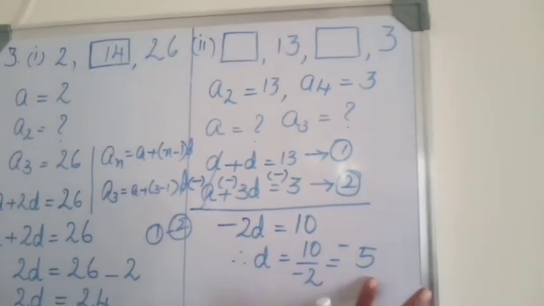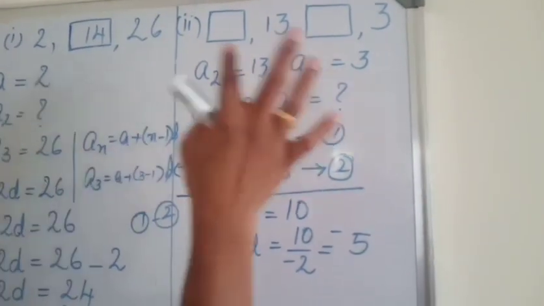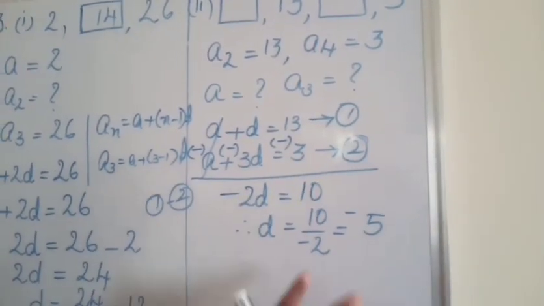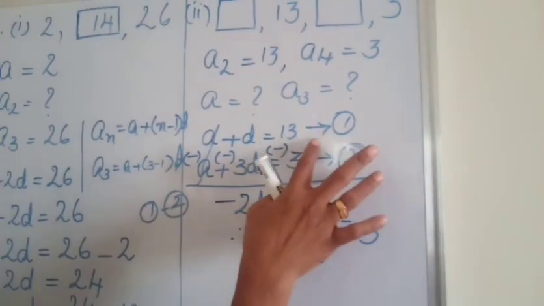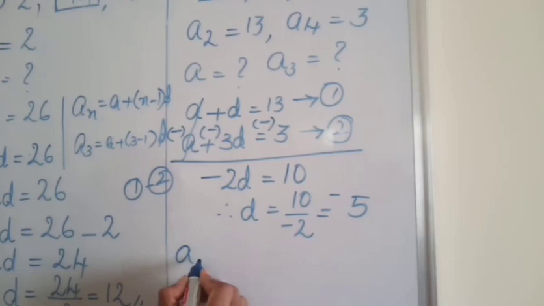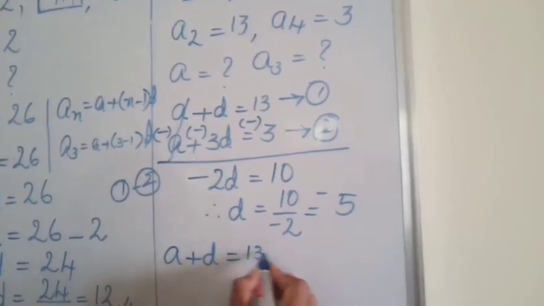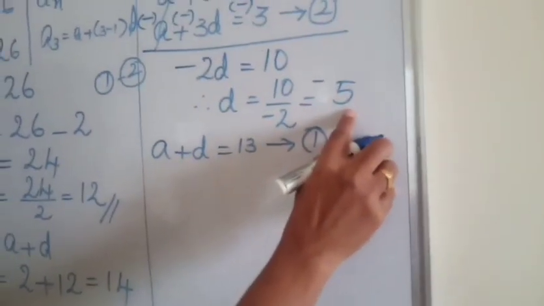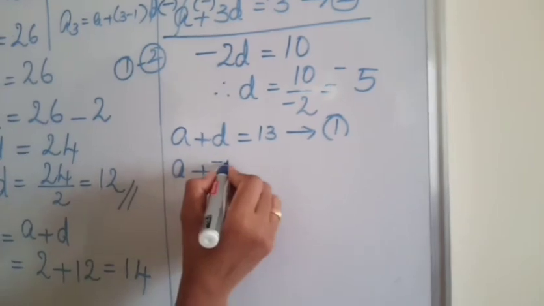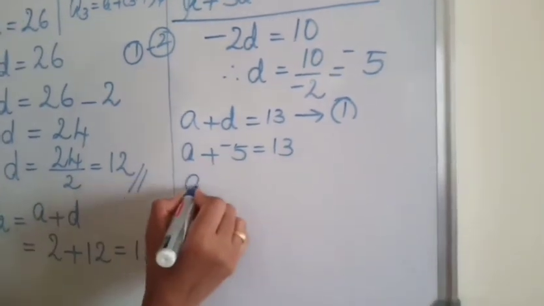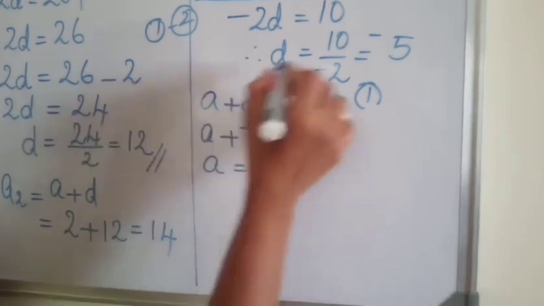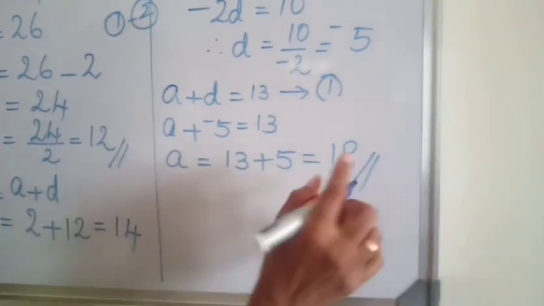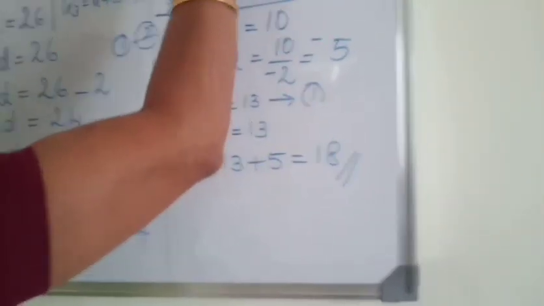Now we got the value of D. We wanted to find out the first term and the third term. So to find the first term, in any one of the equations, you can apply the value of D. So we will take this first equation, that is A plus D is equal to 13. This is our first equation. In this equation, where D is there you have to write minus 5. A plus minus 5 is equal to 13. A equals 13, the 5 will go to the other side as plus 5. A equals 18. So we got the first number 18. So first term is 18.